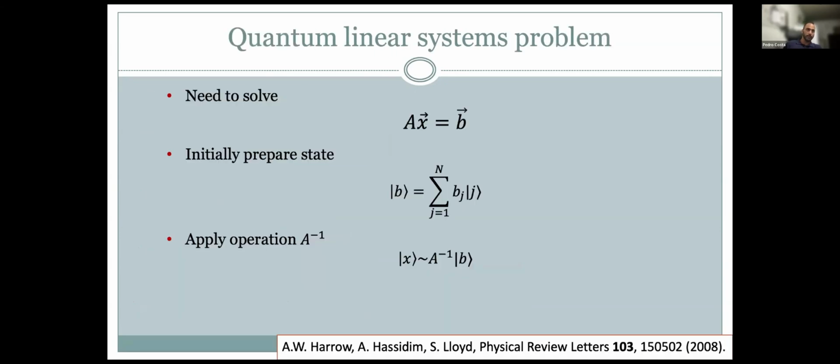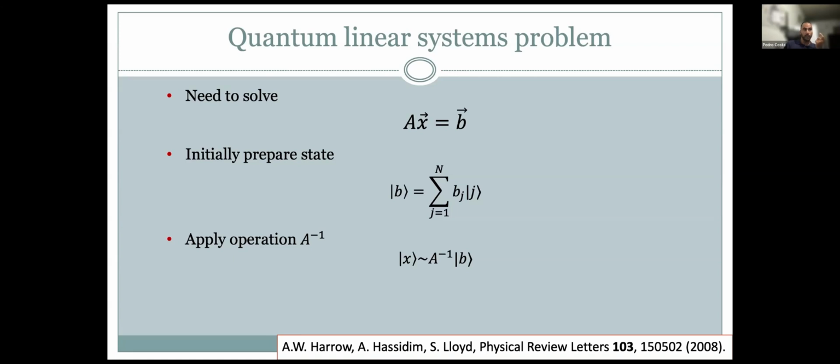So let's go back to the basic problem of solving linear system problems on quantum computers. You need to solve Ax = b, to solve for x. In the quantum version, you need to prepare the vector state b. You can think of the way that you encode it as the amplitudes of your vector state b being given by the elements of the vector. And you hope to get the same for the vector state of the solution x after some application of the inverse of A.